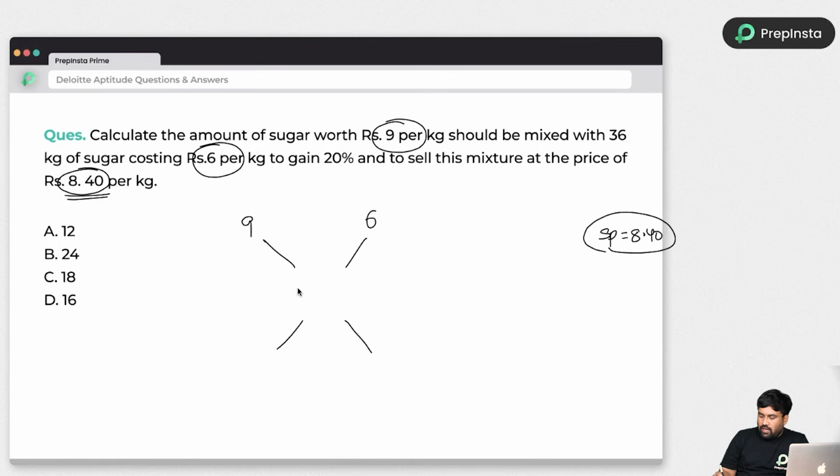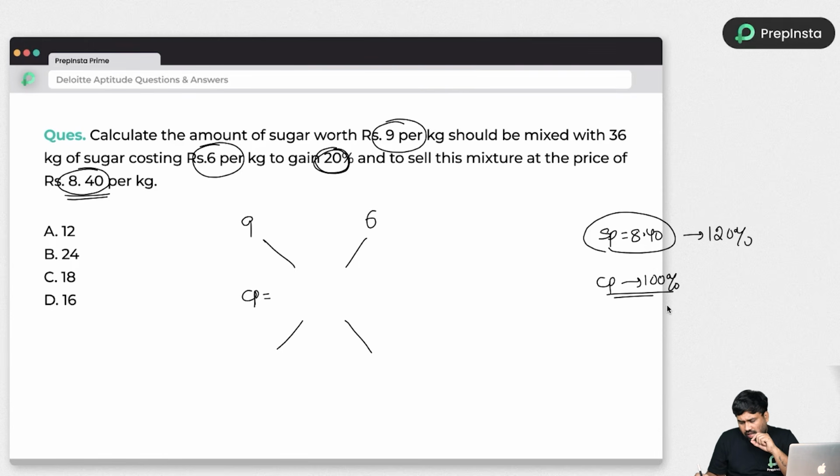So in the butterfly diagram, always we need to place the cost price, not the selling price, right? So we are getting 20% profit. So the selling price is 120%, then cost price will be 100%. These all you need to know in the profit and loss and percentages concept. Then you can solve these problems easily. Alligation mixture is also a combination of ratio, proportions, averages, and profit and loss, all those concepts. So in order to know this in an effective way, you need to know the theory of previous concepts also.